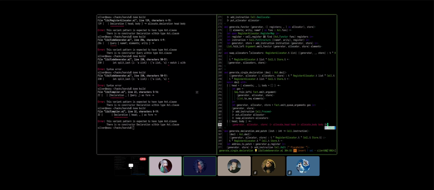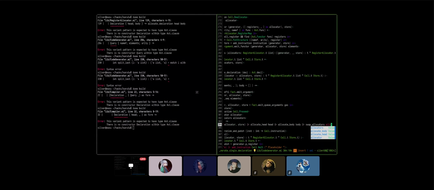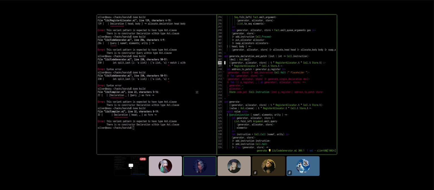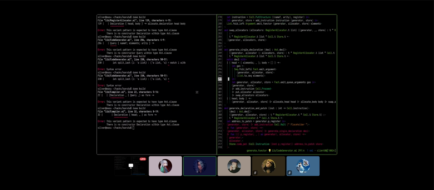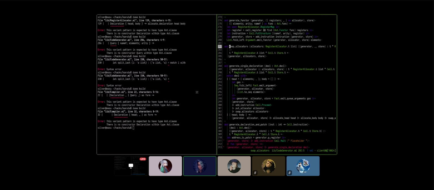I'm still confused actually, because here's the thing. What is this doing again? This is basically removing the current allocator and grabbing another one. Wait, swap allocators. This is not a swap. Why does it call that? Because we are grabbing an allocator, removing the current one, and returning something completely different. Yeah, we're taking a list of allocators. We're taking a triple with one allocator and returning a triple with the list, discarding the single one that we have before.